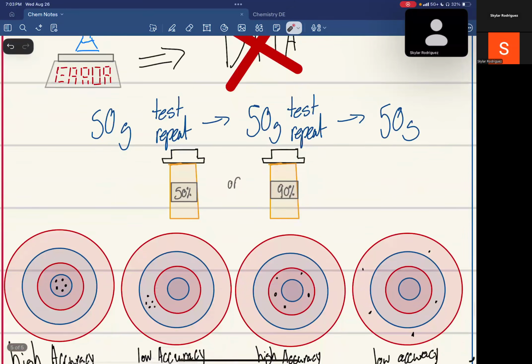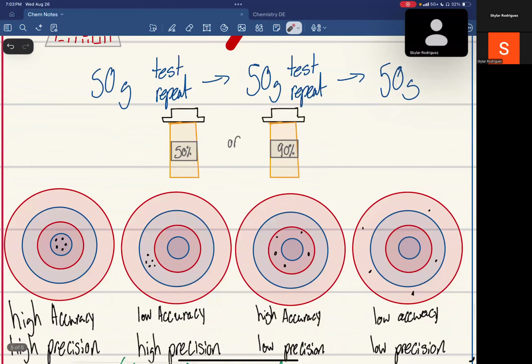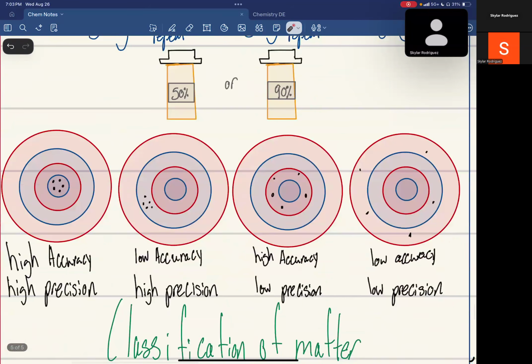There are four targets. The first one is both accurate and precise. The second is low accuracy, high precision. Notice that the holes are not in the center. They are all tightly grouped. The third is accurate and precise on average, but the points are scattered. The last target has poor accuracy and precision, showing the holes to be all over the place without hitting the